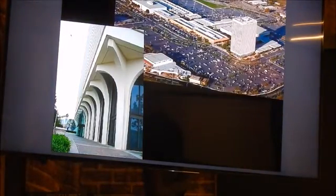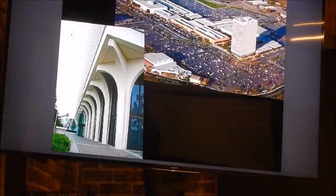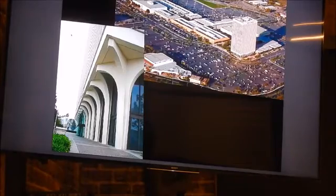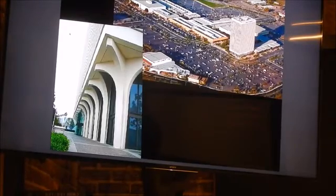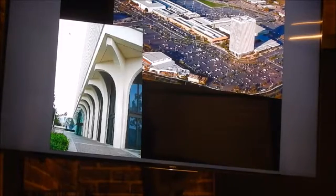This is the building up at the block in Orange. This is an office building, and it was designed by Minoru Yamasaki, who was the architect, of course, of the World Trade Center towers. And here we have a building of his right here in the center of Orange County. He was a major architect, really one of the rising stars in the architecture world, and certainly through the 50s